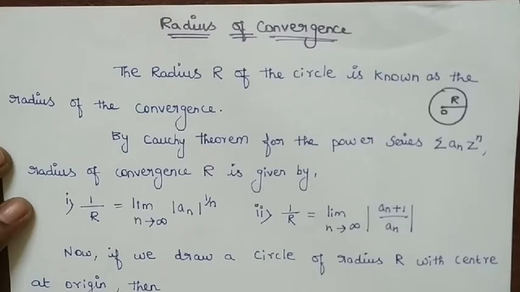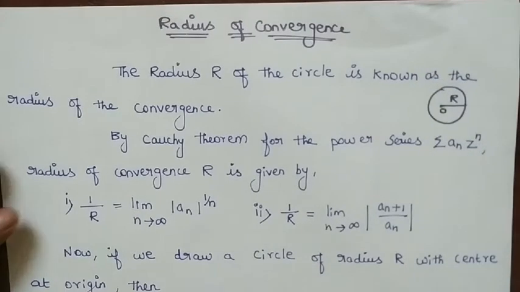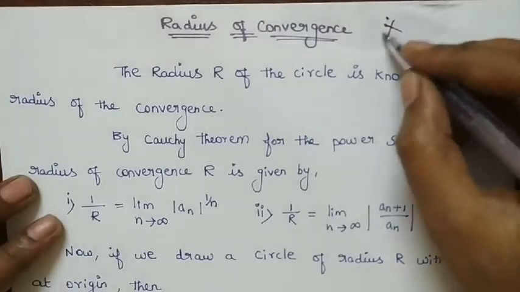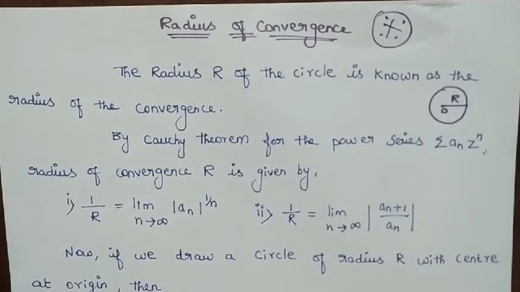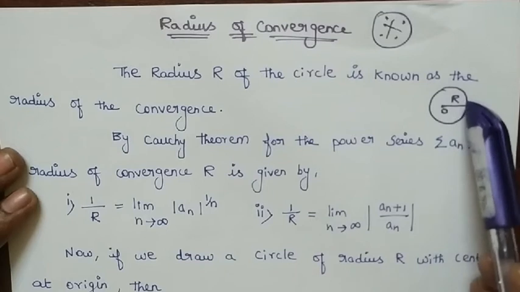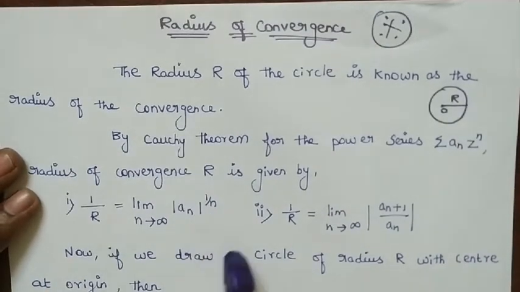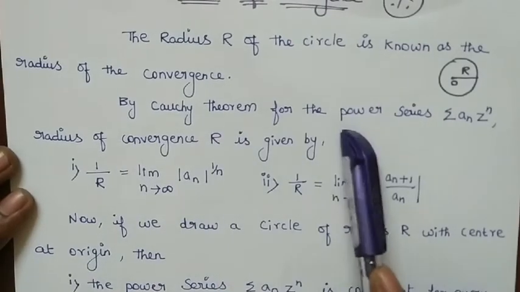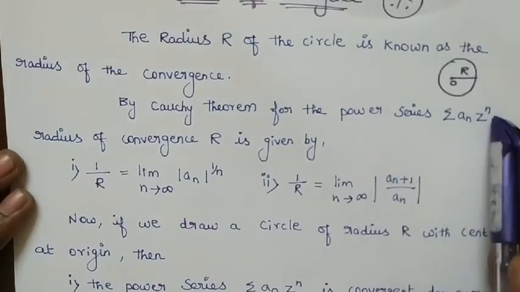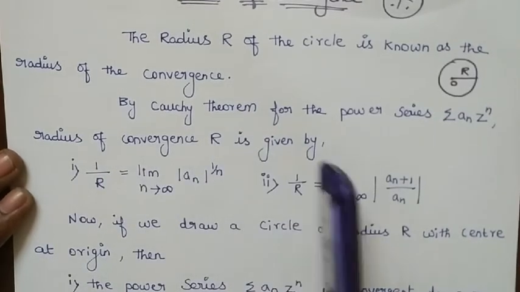In this video we are going to see about radius of convergence. It is an important topic for many competitive exams. If we consider the circle, its radius r is known as the radius of convergence. By Cauchy theorem for the power series summation an z power n, the radius of convergence r is given by